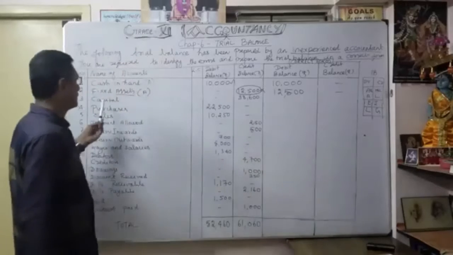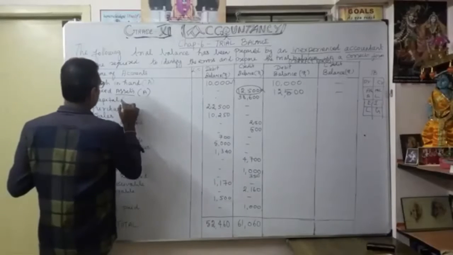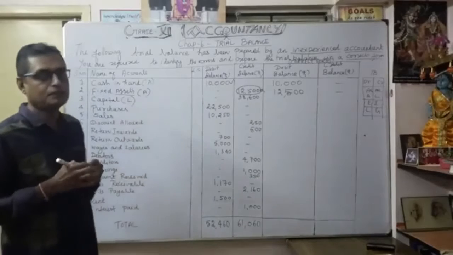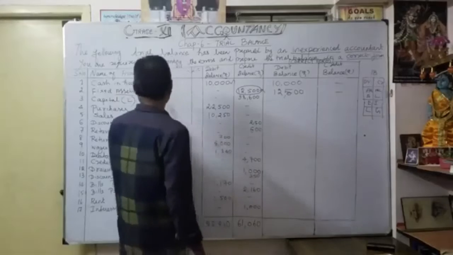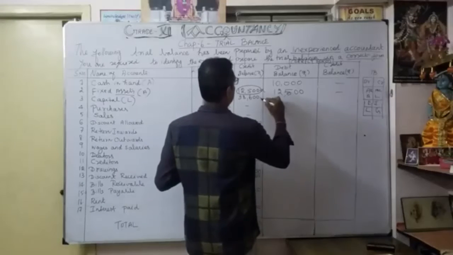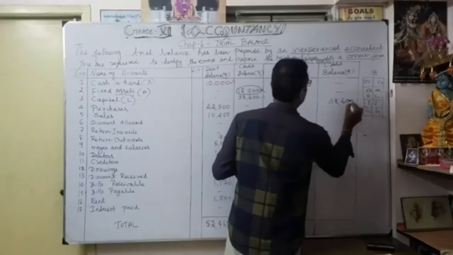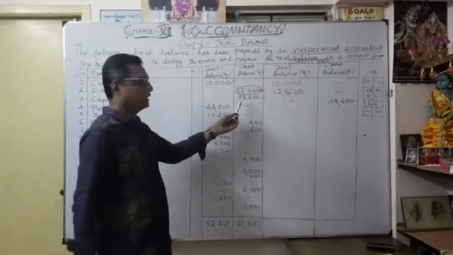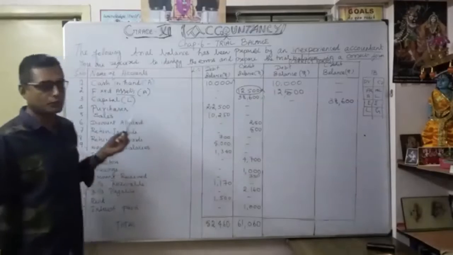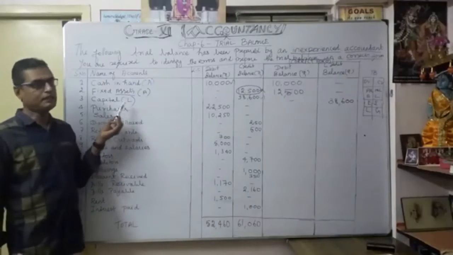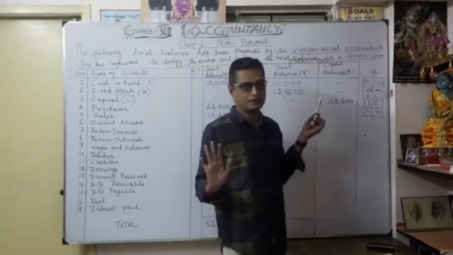Then, capital. As you know, capital comes under what? First you want to identify which category. Capital is a liability, so capital is always a liability and should be a credit balance. Here they have written it correctly. Yes, it is a credit balance, 38,600. That's correct. Earlier they wrote capital correctly as a credit balance, because we identified it as coming under liability. That's why I write it on the credit side. So earlier it was also correct. No mistake.